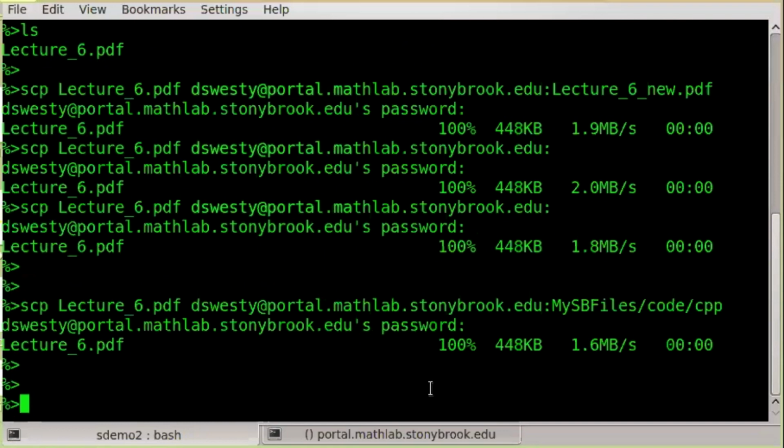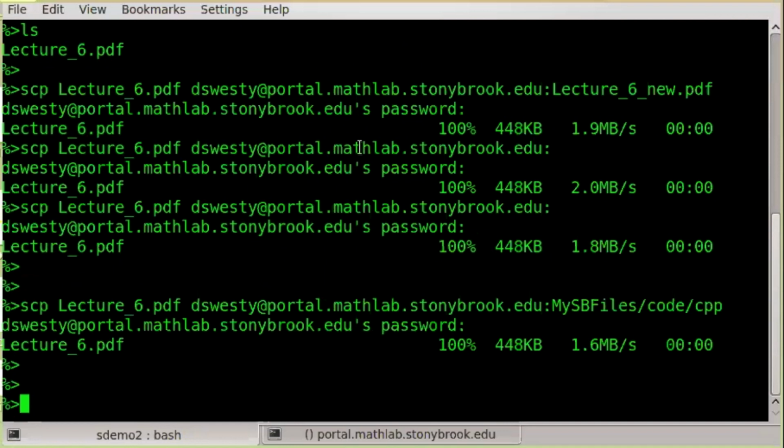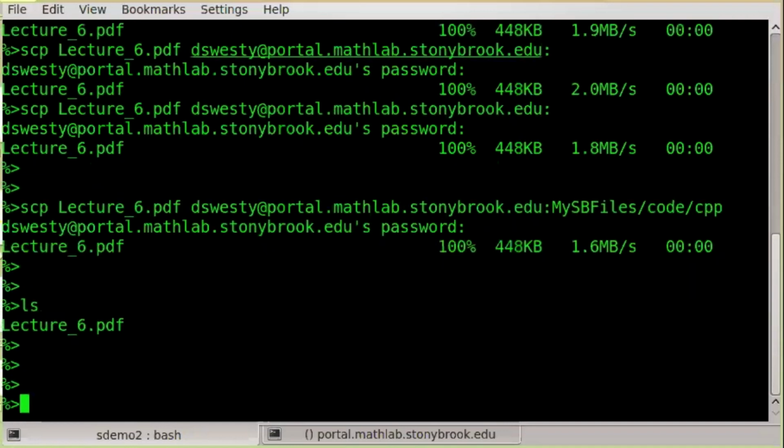Let's copy back hello_world.cpp to my local machine here, just to show you I don't have that present in this directory on the local machine. So let's say scp, and then your username on the remote machine, dswesty@ and then the name of the remote machine, portal.mathlab.stonybrook.edu, :